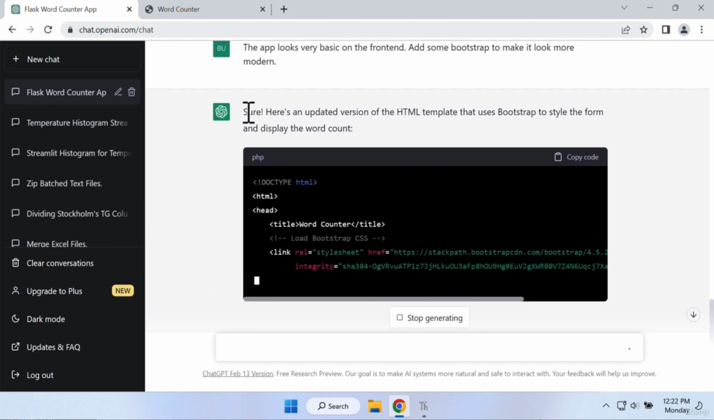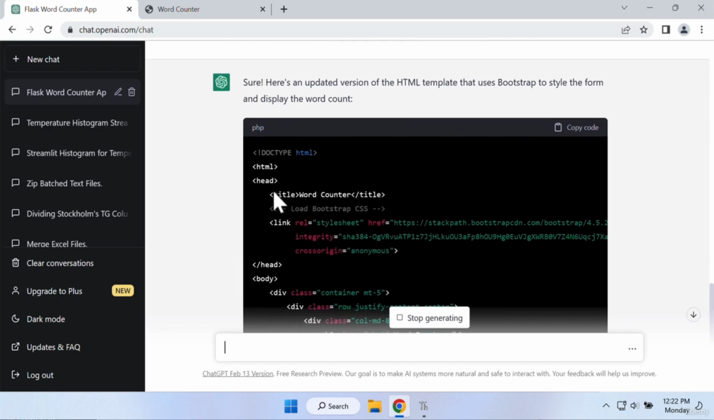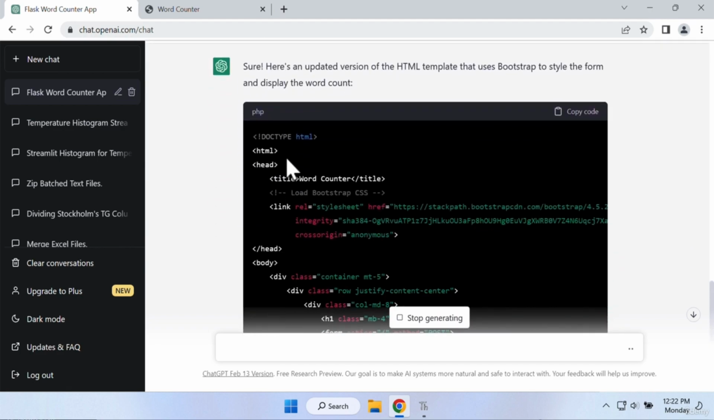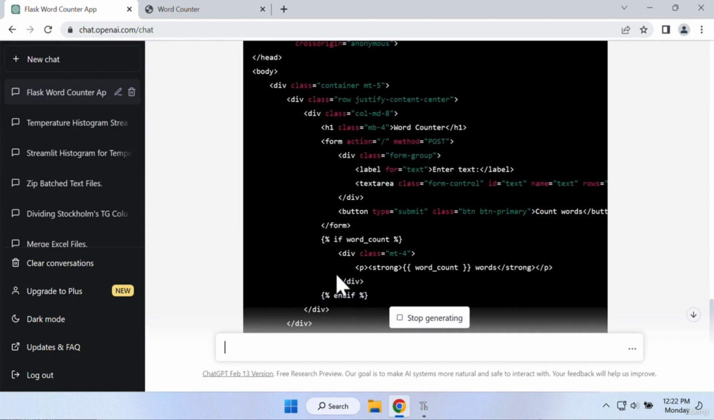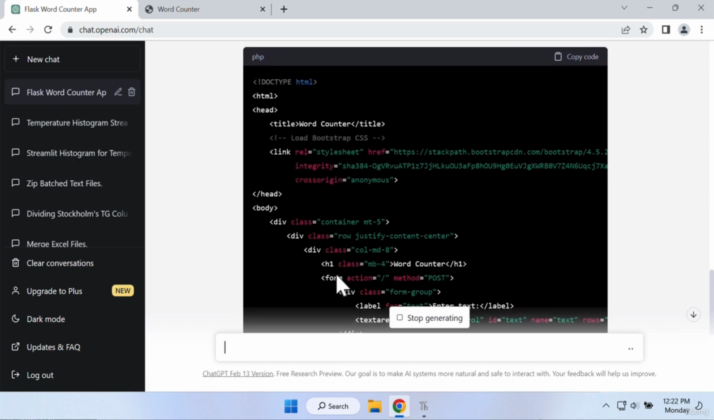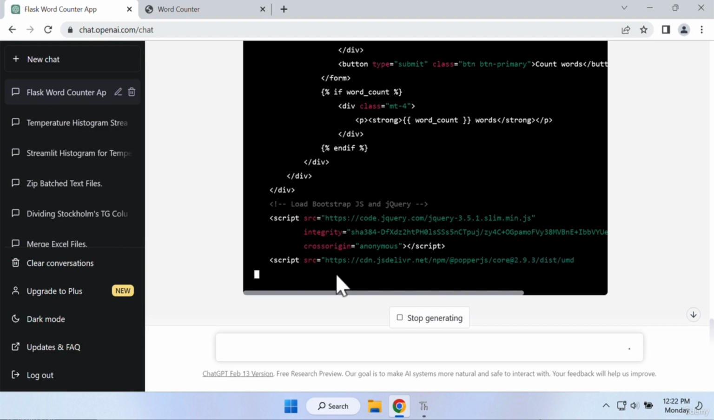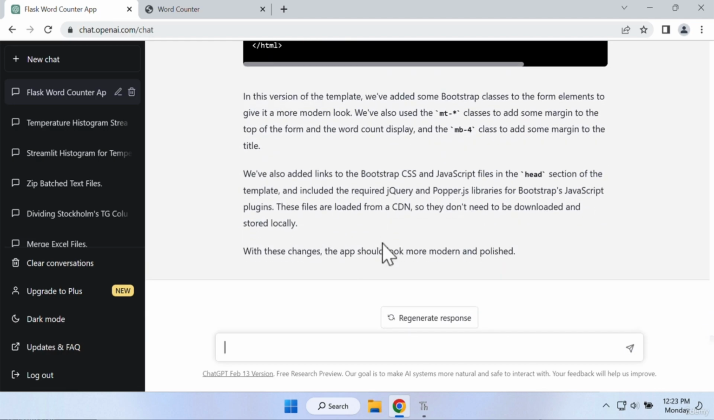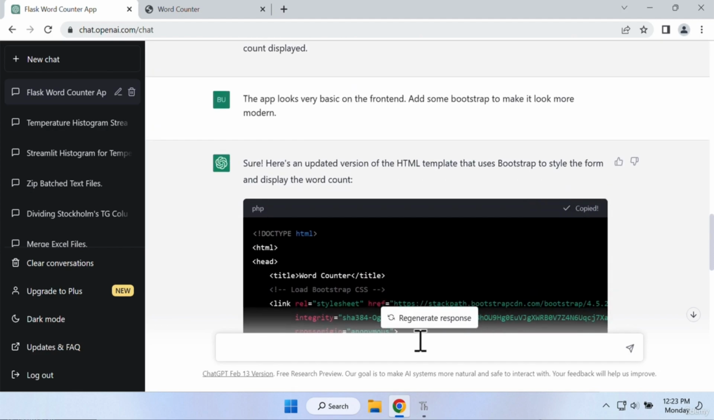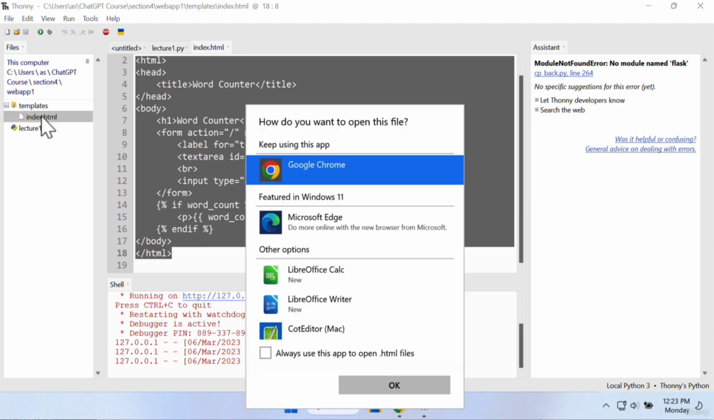So now what ChatGPT will do normally is it will give us the updated index.html code, which is this one in here, right? So what you're supposed to do is you want to wait for this code to finish, and then you want to copy that code and replace it. We'll do that together, so let's wait first. So there we go, the code is ready, so let's copy it and go to Thonny, go to index.html, so double click it,